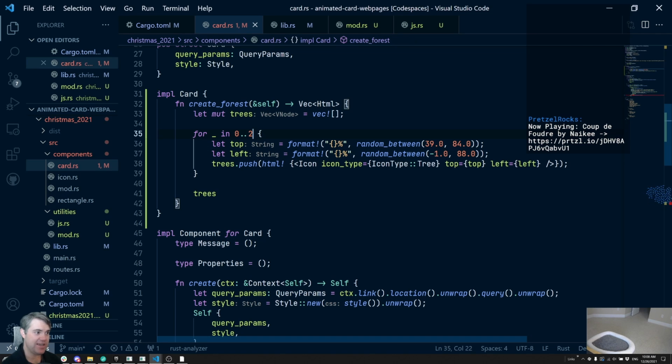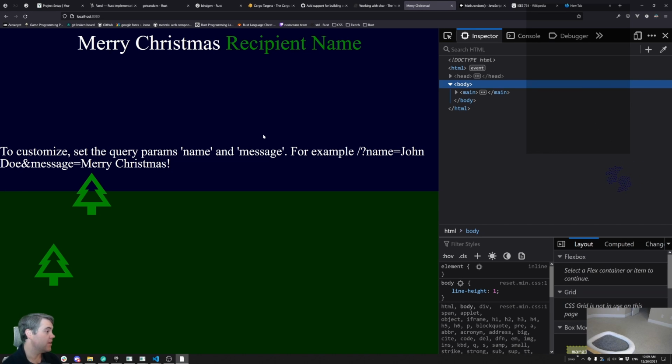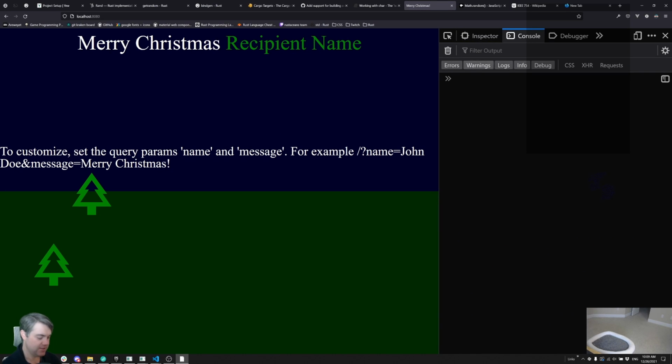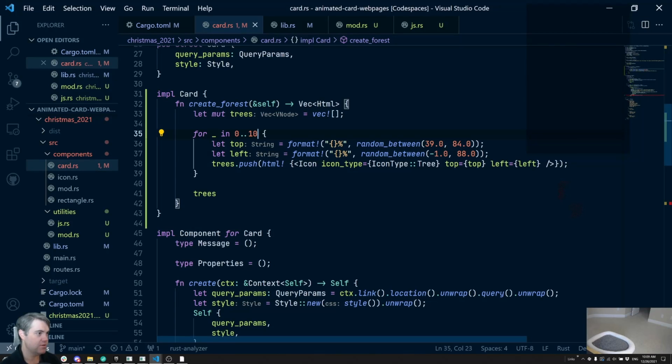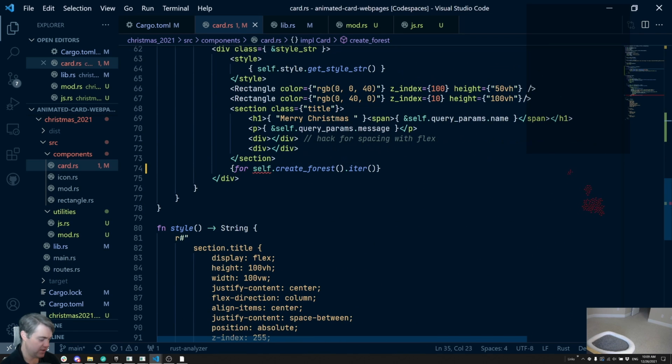Okay, so let's try now going up to 10 trees. That did not give us 10 trees. We still only have 2. We're pushing these. We're doing this for loop here, so